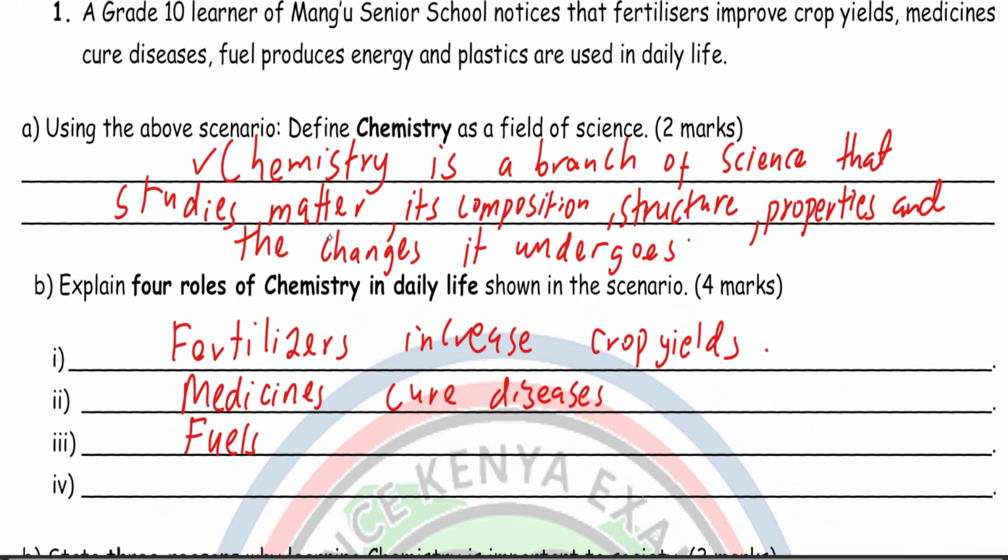We also have fuels. If you study further, you'll study something to do with organic chemistry. That's where we get our fuels from, hydrocarbons. So again, without chemistry, we cannot manufacture fuels that provide energy. Energy to make the cars move, energy to make the rockets go out to space, and etc.